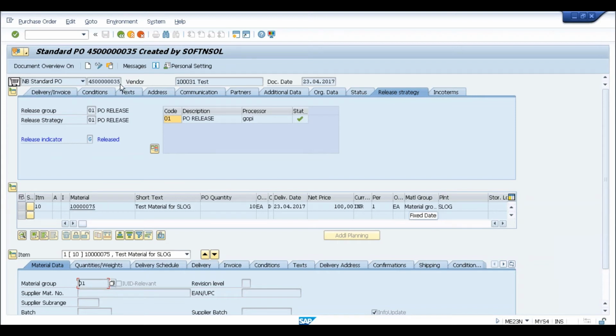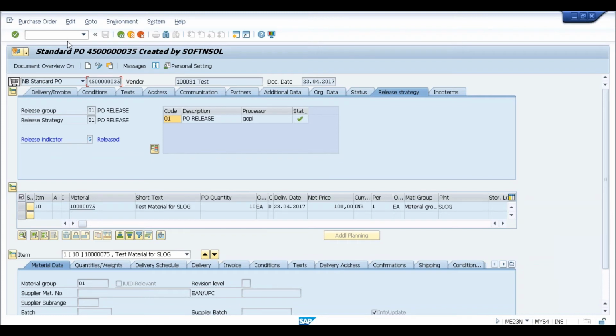Okay, so now let's process further. Let's say, for example, I want to process this purchase order now. The purchase order is ready. Now, what are the next steps? Normally, we go for release, which is already done. There is no change in the way the releasing strategy is done or how the order is released, although from the front-end point of view, definitely yes.